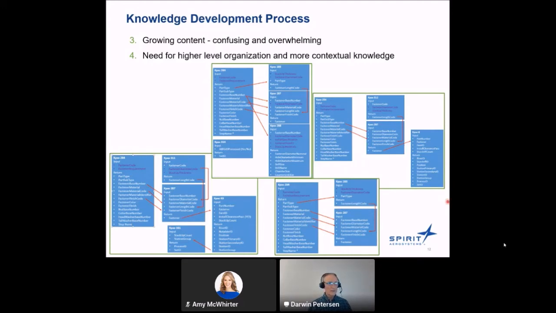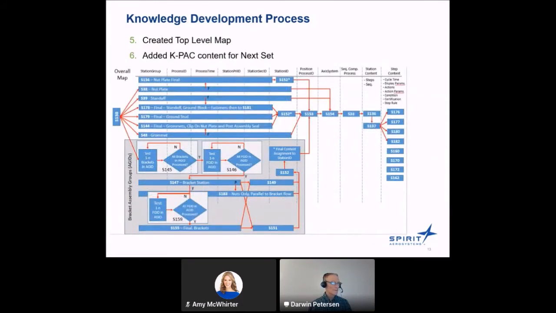So then to deal with that, I made another step forward, which was I began to create a higher level knowledge map. And you can see I did this in PowerPoint. There was some conversation I had last year, and I had hoped to spend more time working on method K-Packs to represent this, and eventually that's where we intend for this to be.